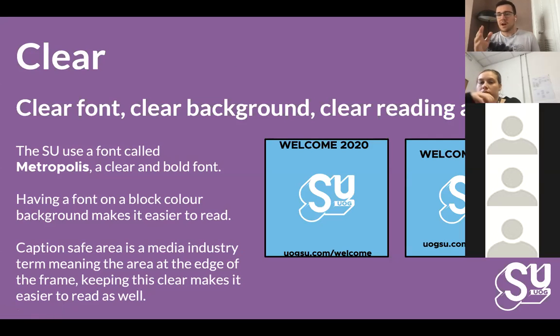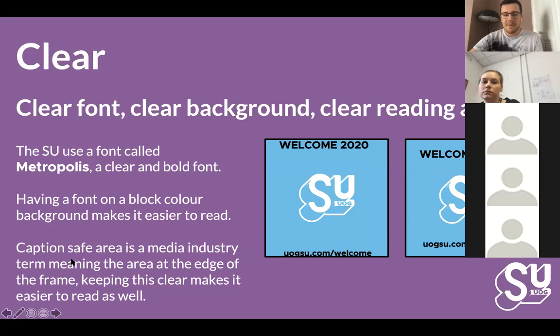So obviously you guys can have your own fonts. You can have whatever you want, but my suggestion would be to try and make it as clear a font as possible. On the previous example of Highlanders, you can see that their font for their team is very different to the font that they use for the scores. That's because people know their team, people don't know the scores, and the score needs to be really, really clear so that you can look at it within a second of reading it.